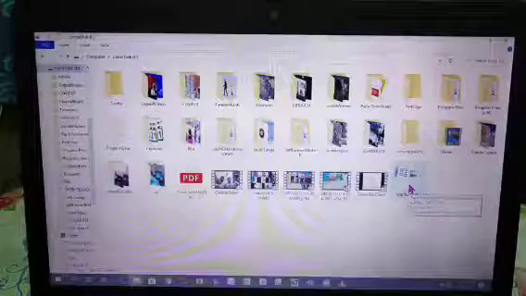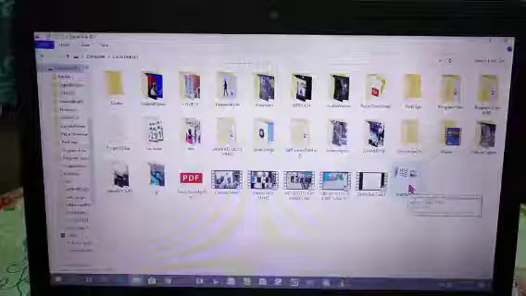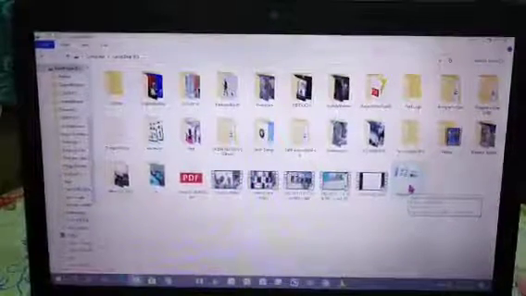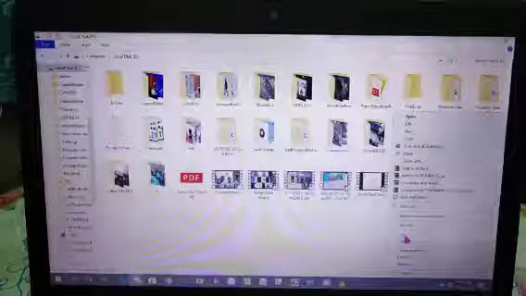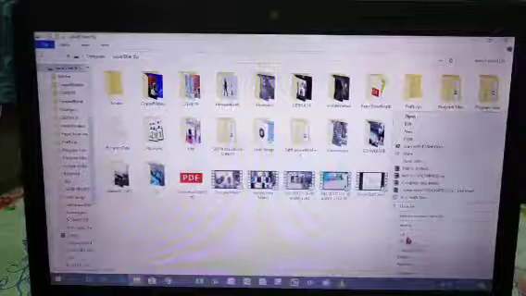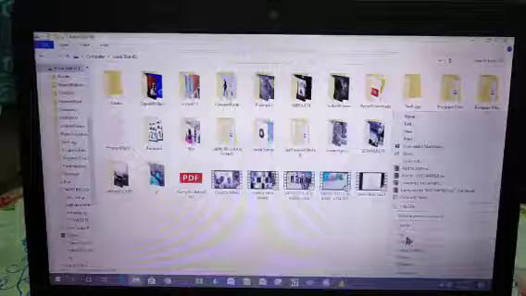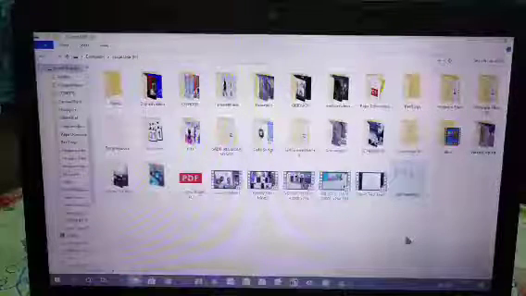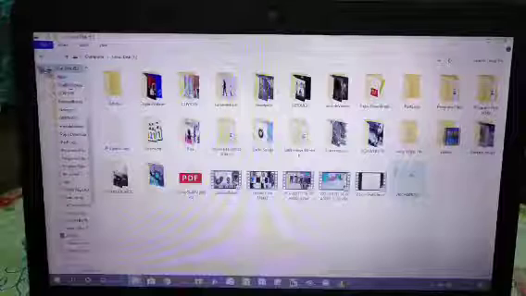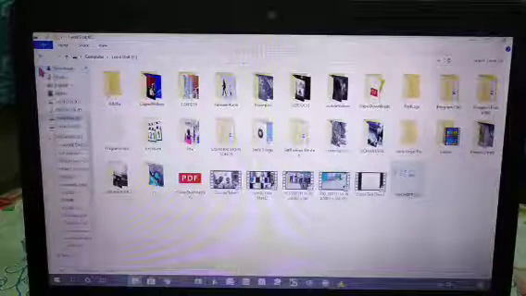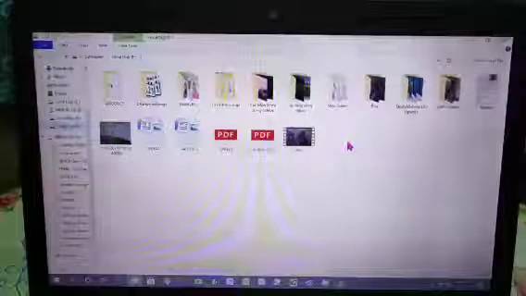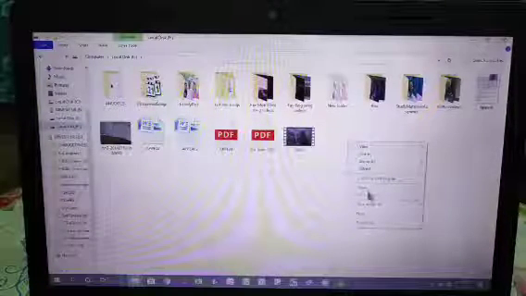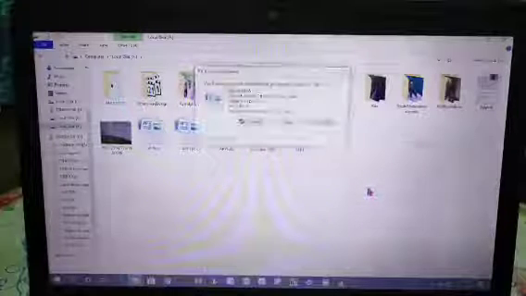So when you move, this file will be transferred to some other location, but it will not be found here in this original place. So for that we have to right click over here, and here you have to choose cut, not copy but cut here. So cut and paste is also another term for moving a file. By choosing the option cut, you then have to go to the destination location where you want to paste it. Suppose you want to paste in F drive, and here we like to paste. So here when you press the paste option, then it will be copied here.